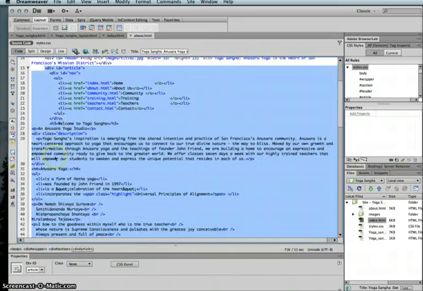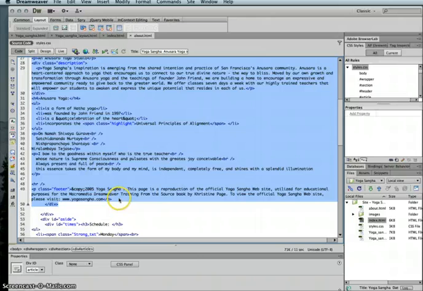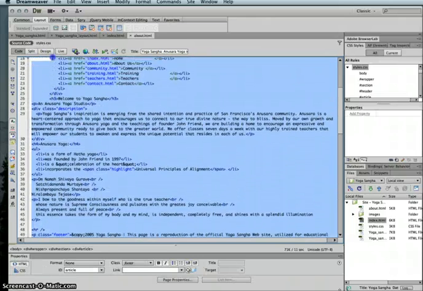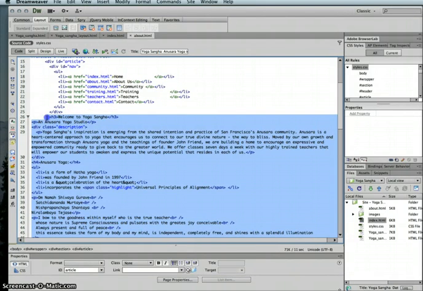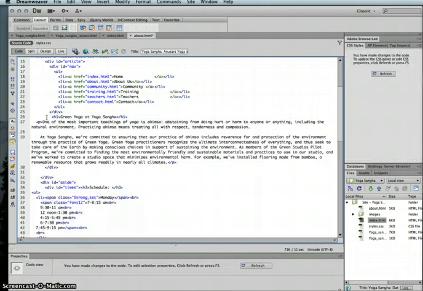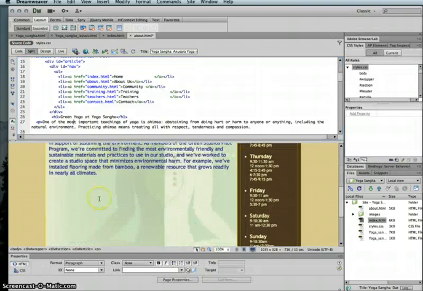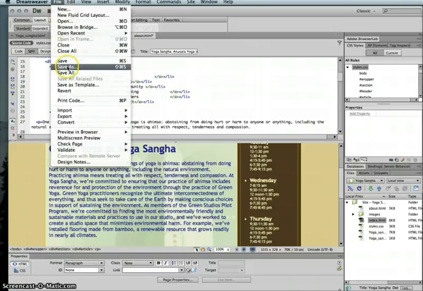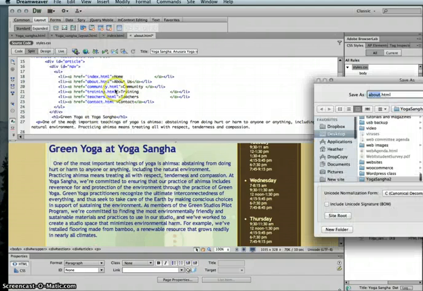And I'm going to go into my code view, and I'm going to then select all the way up to just before the nav, and I'm going to paste that on there. That now is the community, and then I'm just going to file save as community.html. One thing you want to really be careful is